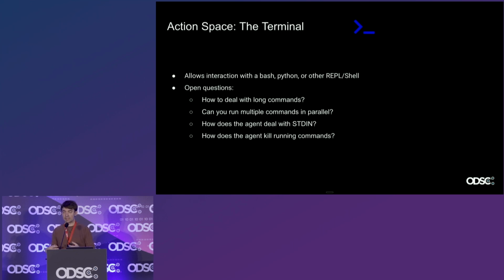There are problems like commands that take a long time to run, or maybe run a long time without any standard out. How do you allow the LLM to interrupt that command? Do you have some kind of timeout set up? How do you run multiple commands at once? Can the agent deal with standard in? Like if it tries to apt-get install something, it needs to hit the Y key to keep going. Making sure that the agent has a real, live interaction with the terminal the way a developer would is tricky, and it creates some really interesting problems.